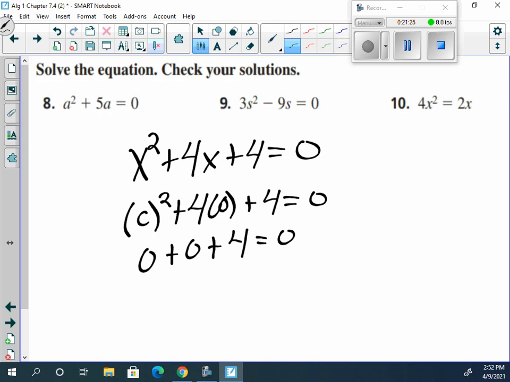Well, 0 plus 4 is 4, but 4 is not equal to 0. So once we get that constant term, the number without a variable, it does not work as well. So that is all we're going to do for